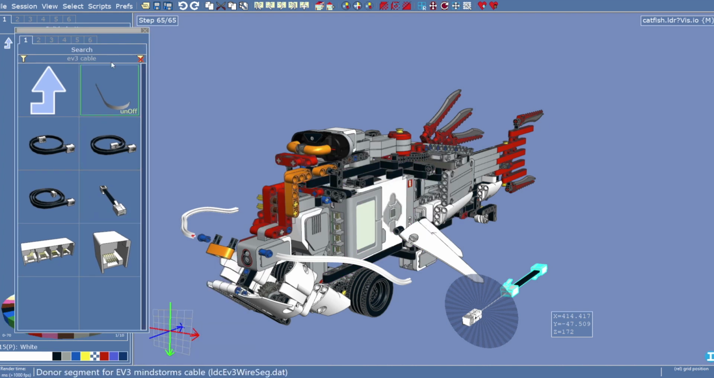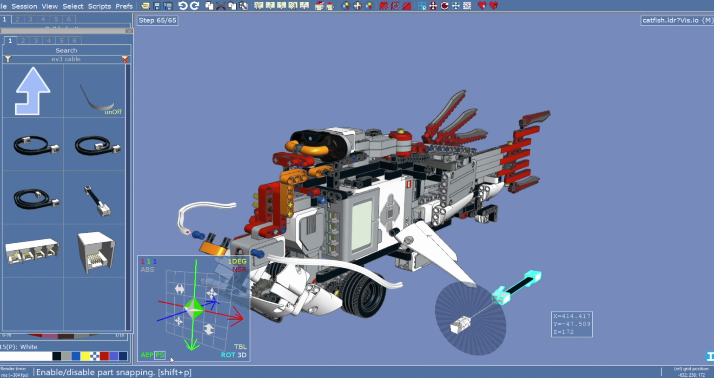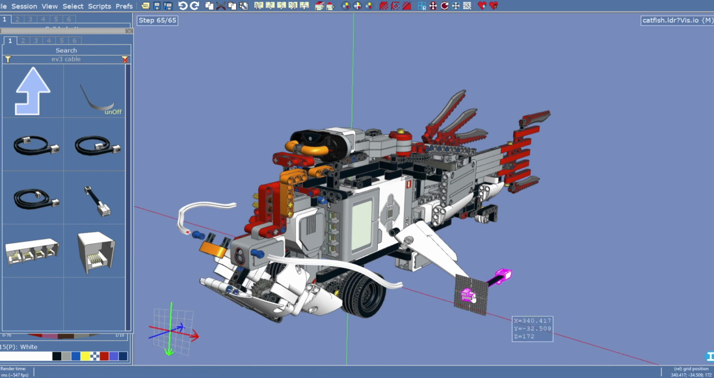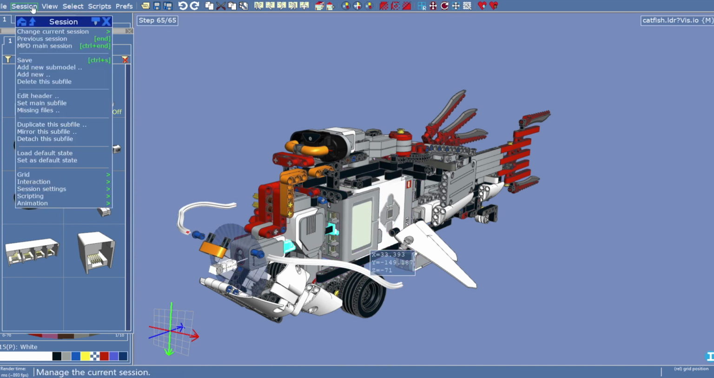I have to make sure that when I mouse over here, the part snapping, so PS, part snapping, should be green, and that'll facilitate my plugging in this cable. So as you can see, the cable here is plugged into the brain. This is port C of the brain, and this end of the cable should go into the big motor here. To do this, I select the cable like this, and I go to